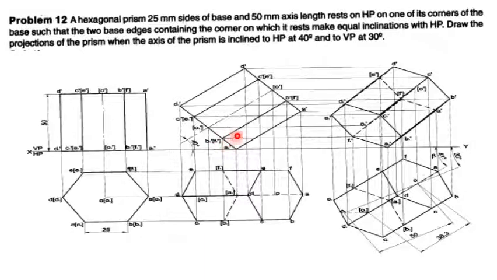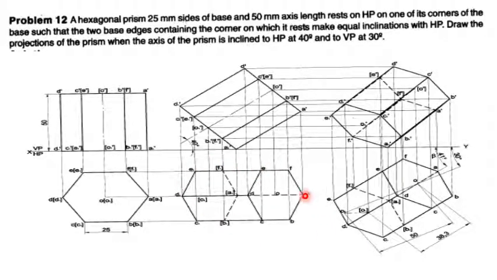Then with the help of a compass measure all these distances, transfer them here and name the same. Now to get the top view, the observer will be here. Draw vertical projectors from all the points and draw horizontal projectors. Then name the intersection points. For example, A from here. So this is A. Similarly B, C, D, E, F. And from the base corners A1, B1, C1, D1, E1, F1, draw vertical projectors and horizontal projectors and name these. Then first join the boundary of the top view.